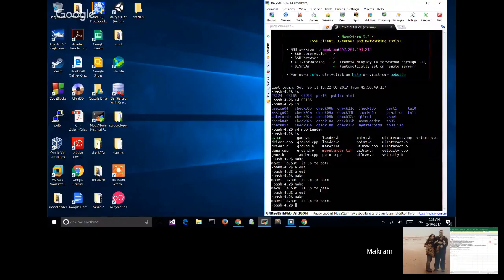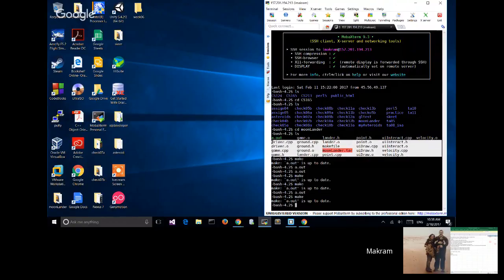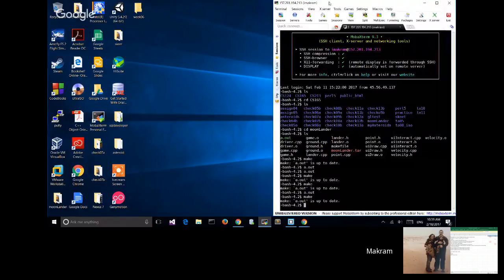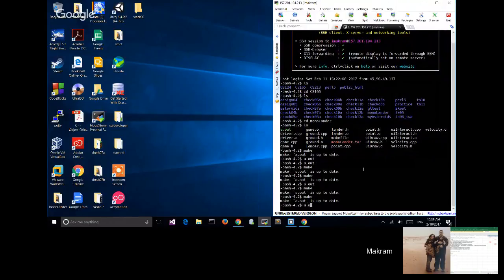You can see its classes: lander.h, lander.o, makefile, and point. All these classes and files are in one folder.